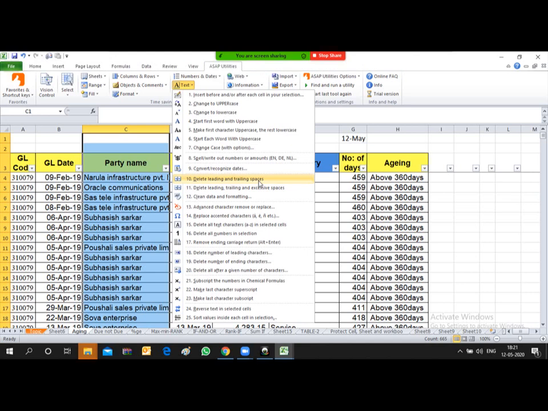While doing so, many of the numbers have some spaces at the right side or the left side, or spaces on both sides. If you find that kind of thing, you select the entire area and press this delete leading and trailing spaces. You will be able to delete the spaces and use those data perfectly.